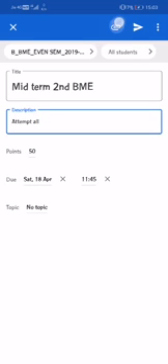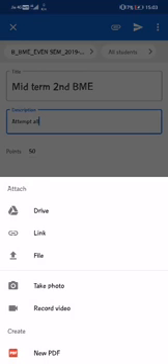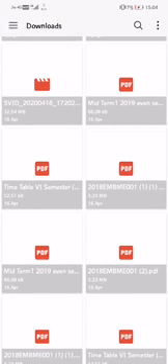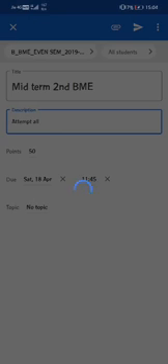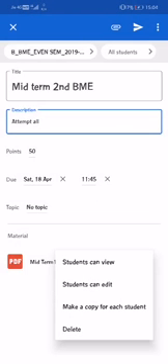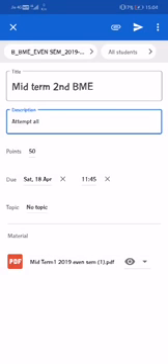It will be uploaded from this pin point. This is the pin sign that we are going to attach here, and you just go to the file where you have saved the question paper. I have some question papers like midterm 1, and this is the midterm 1 file, and I'm going to upload this here by clicking on this. And you can see this material uploaded here, midterm 1 even semester.